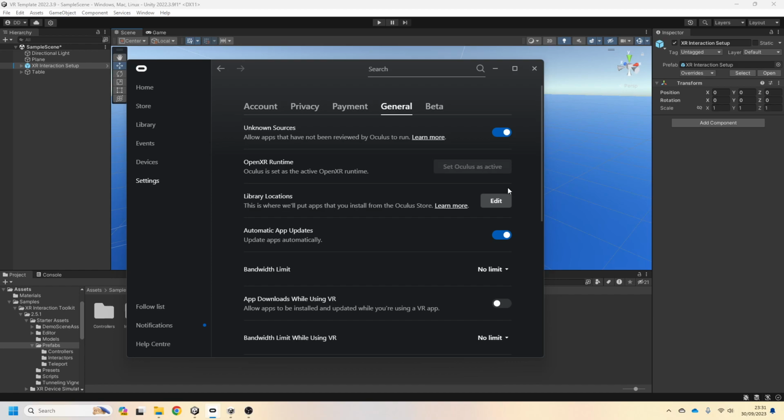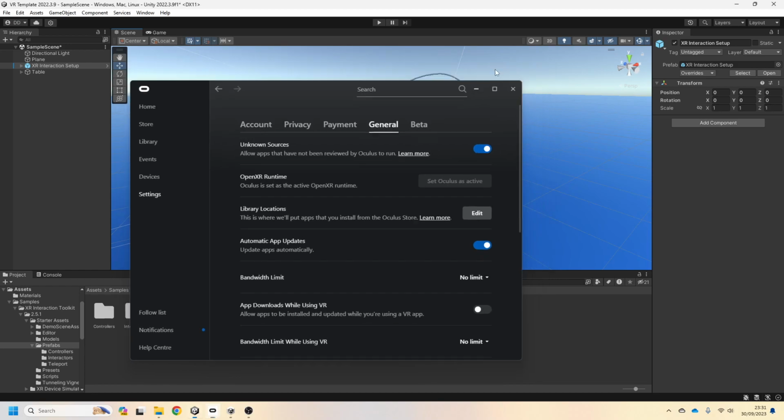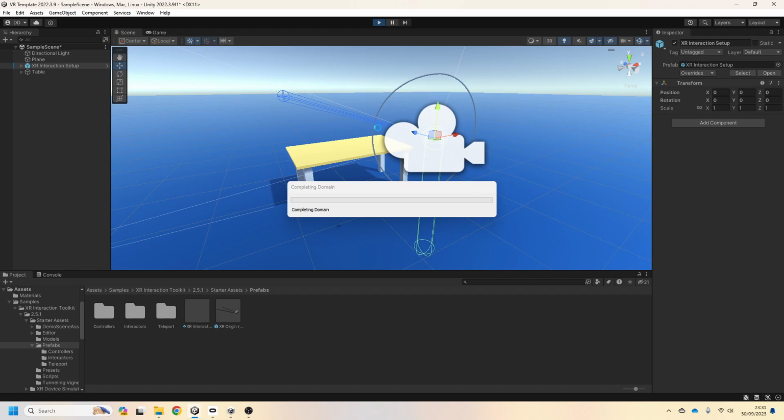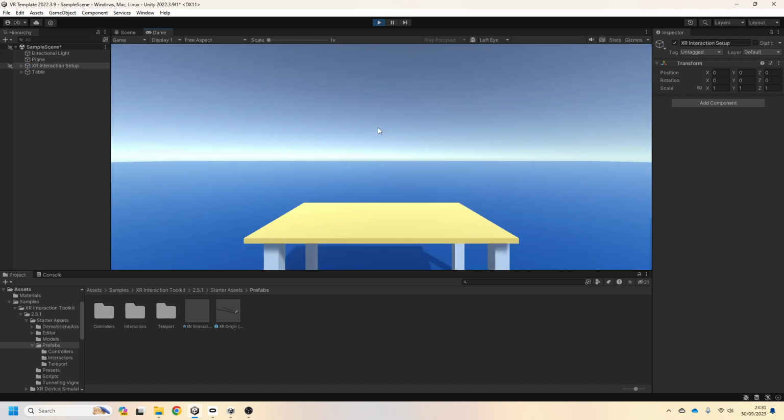Usually what you'll get instead is what appears like a flat screen. It looks like you're playing a 3D game in a VR headset, and it's not what we want. So when all that is set, when you press the play button, it should come through to the VR headset as long as that's all been set up. Currently the headset is off and I'm turning it around and nothing is happening. As soon as I place it on my head,